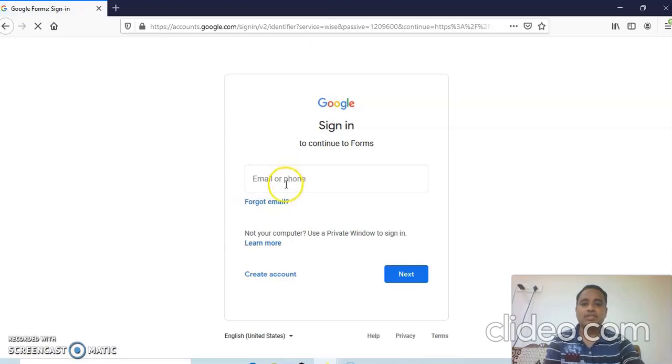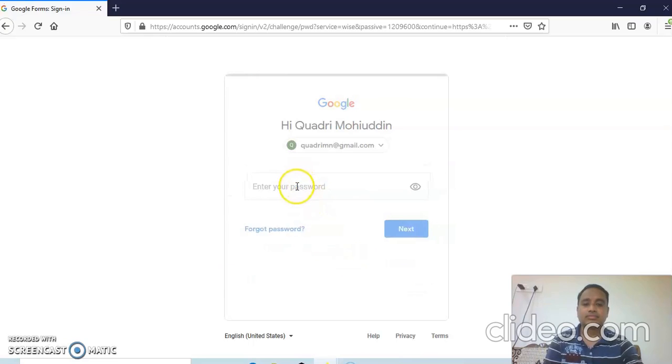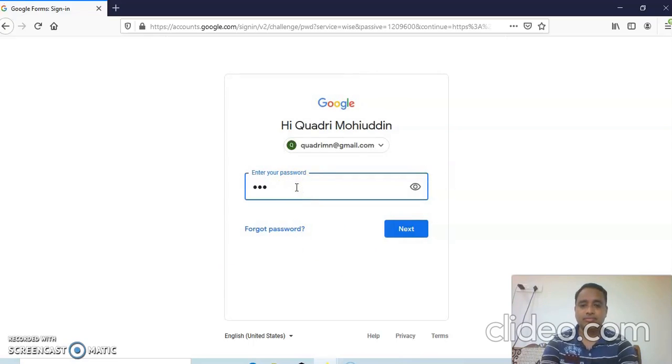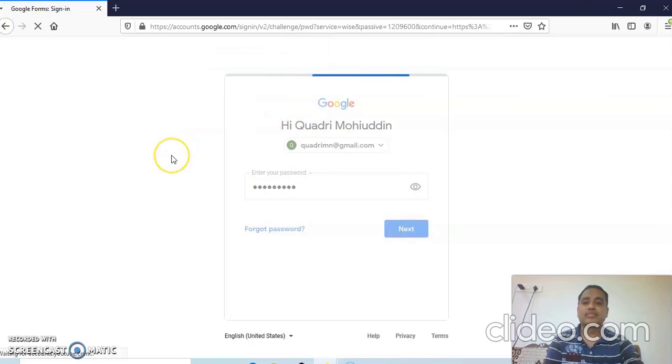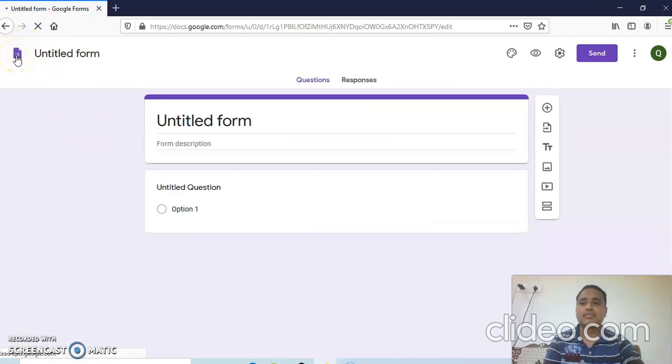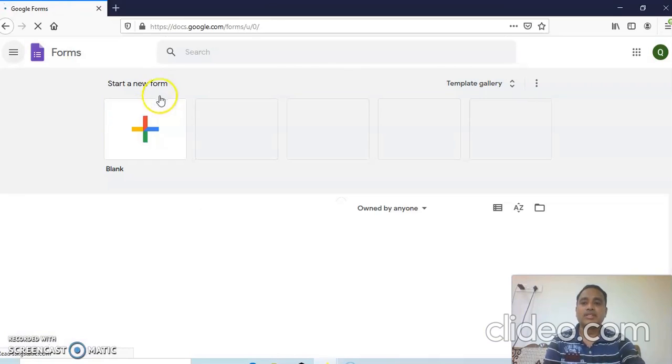Now it asks for the Gmail ID which we have, and then the password will be entered. As soon as we have entered, it shows Google Forms in this manner.